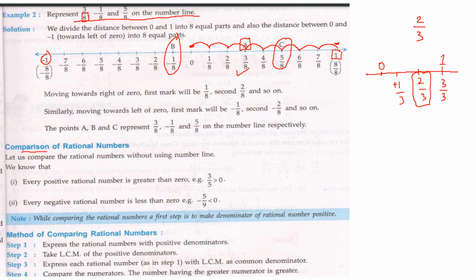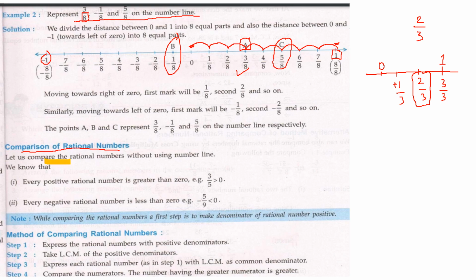Okay. Now we will see how to compare the rational numbers. For comparison of rational numbers, addition of rational numbers, subtraction of rational numbers, arranging them to ascending or descending order, everywhere we need the concept of LCM. Okay, so that all the denominators are same. Once the denominators are same, calculation is always very easy. But here, before making the denominators same, they have some more important steps. Look here please.